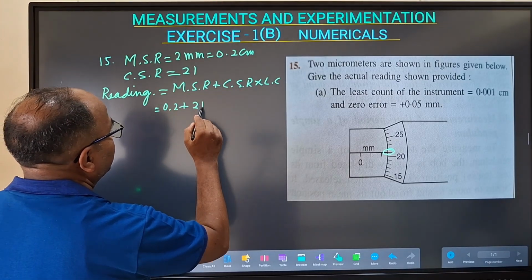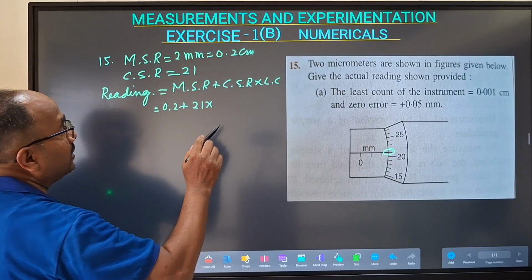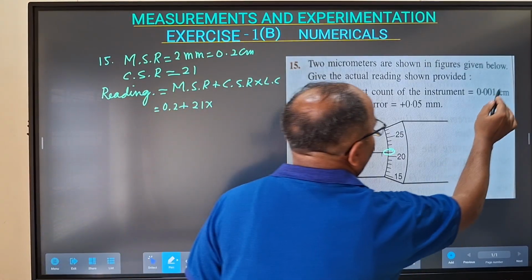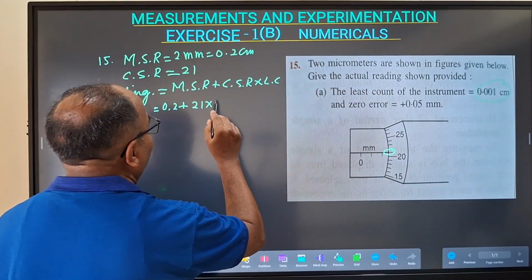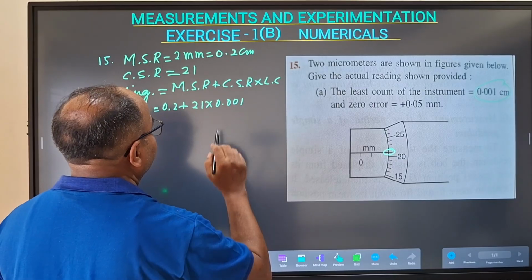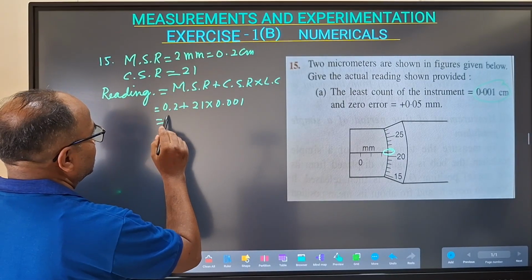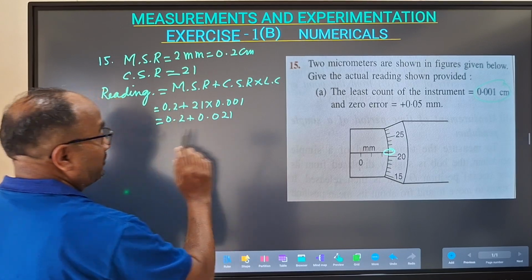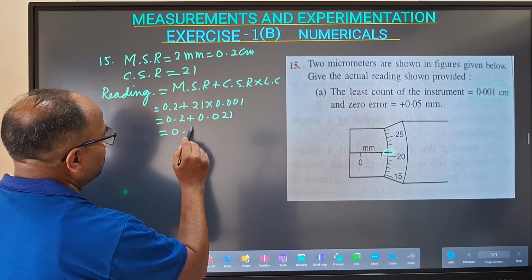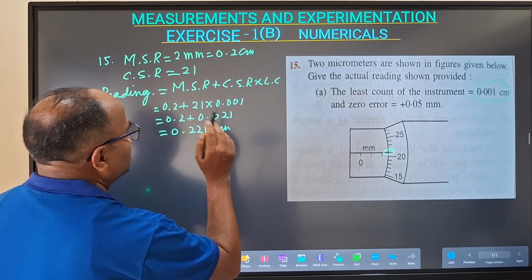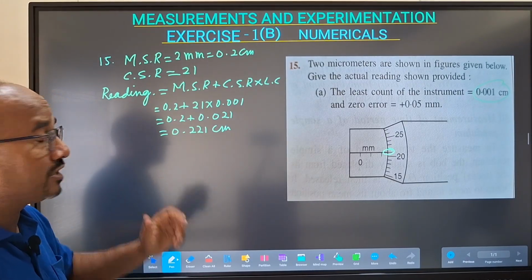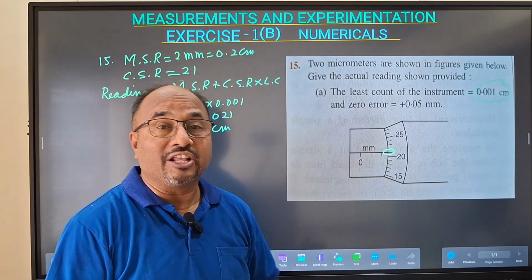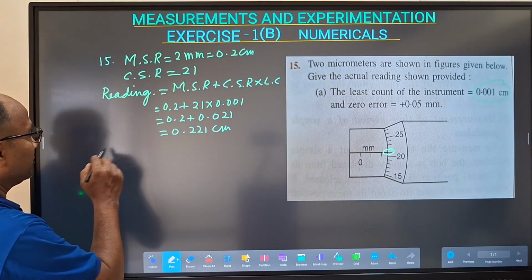Here we have got circular scale reading as 21, and the least count is given to us over here as 0.001 centimeter. So this is 0.2 plus 0.021. Everything is in centimeter, so 0.221 centimeter. So we have got the reading, but then zero error is given, so the correct reading will be